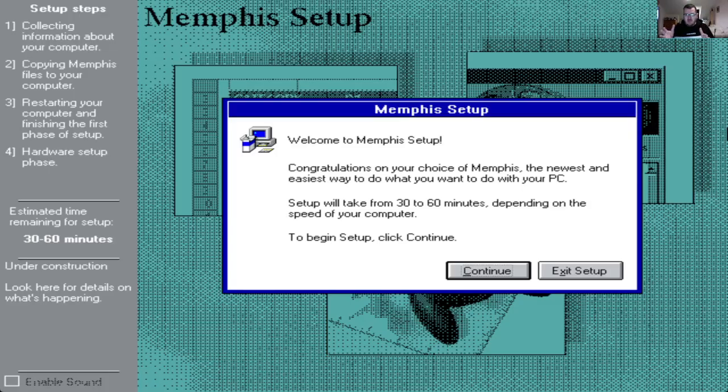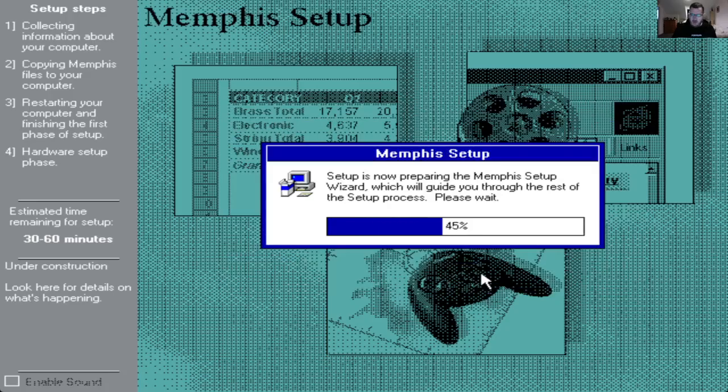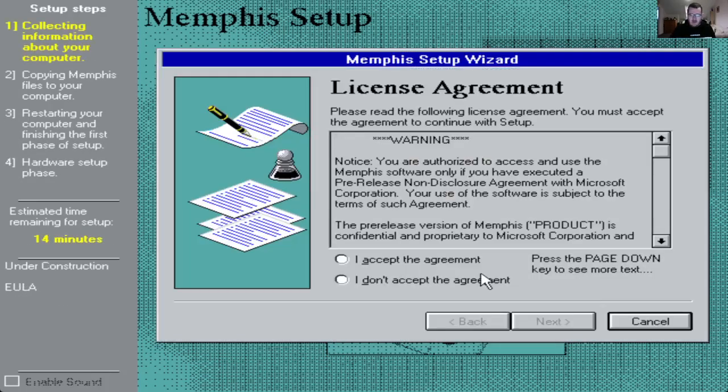Which then became Windows 98 later on in its production cycle. But with this in mind, we are first beta in, and I've already set the BIOS date up in DOS off screen. I think it's easier for me to set it all up in DOS. But with that being said, let's get cracking and see what there is to explore in this beta of Windows Memphis, Windows 98. Let's